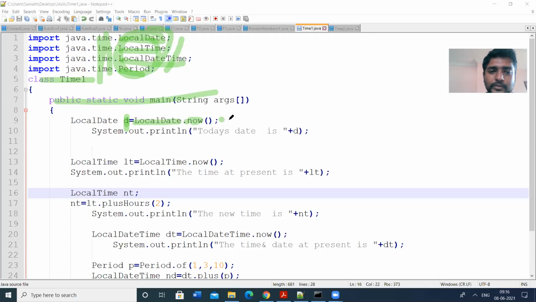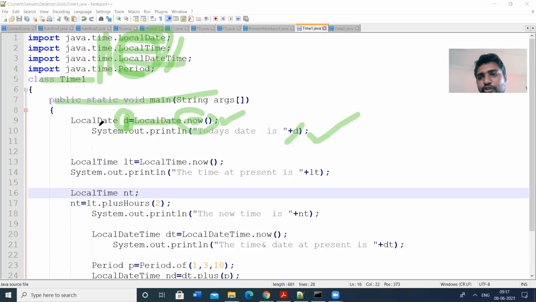Then System.out.println, today's date is plus D. I am displaying today's date. What is the date today? That will be displayed here. We need an object to get this one. The object is D. I am using a prefix method, now. LocalDate dot now will get today's date.